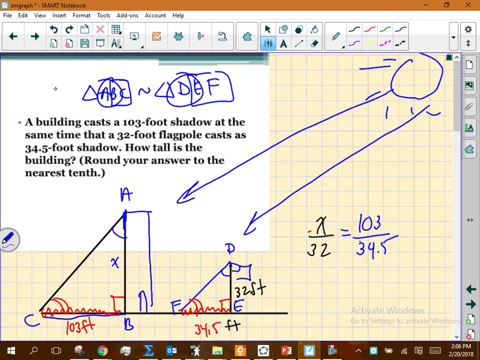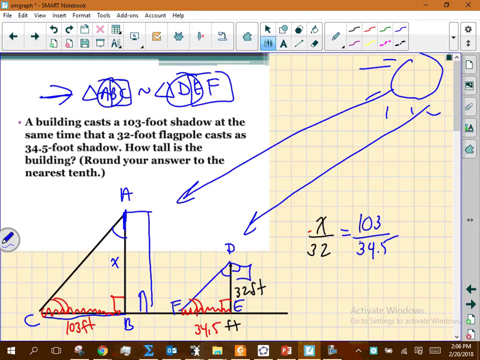Okay, so there are times where you might want to use that similarity statement, but there are also situations where, to understand the context of the problem, you compare a shadow to a shadow. You compare a height of an object to a height of an object. Does that make sense? Okay, so maybe you don't necessarily need a similarity statement, but it does allow you to set up that proportion. Can we now cross multiply? Cross multiply, solve for x. You will then know the height of that building, and you never have to physically measure the height of the building.